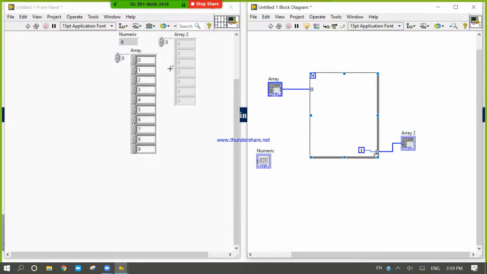The size of the array is 10. Count 0 1 2 3 4 5 6 7 8 9 10. The size of this array is 10, so this loop will run 10 times.